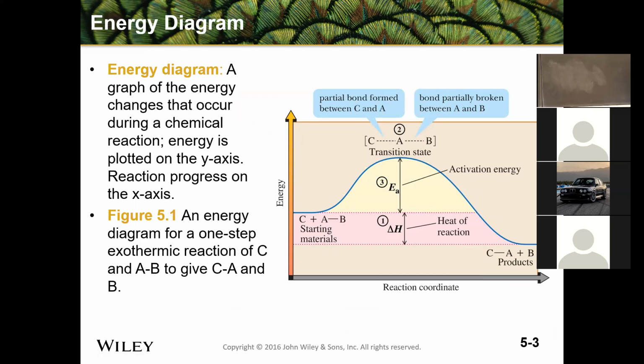Okay, just a brief review of energetics. In this graph, the y-axis is energy. The x-axis is the reaction coordinate or progress of reaction. So for a one-step reaction, we have